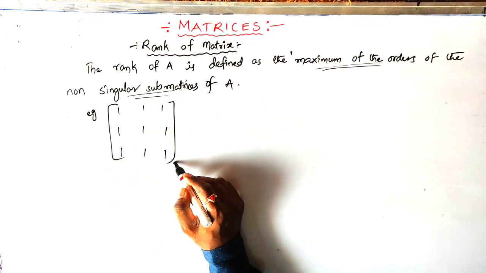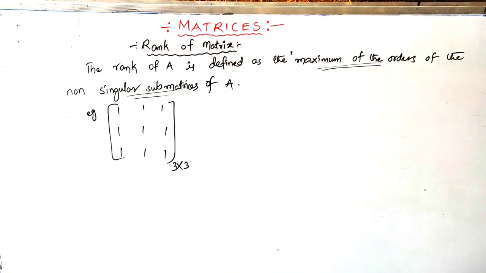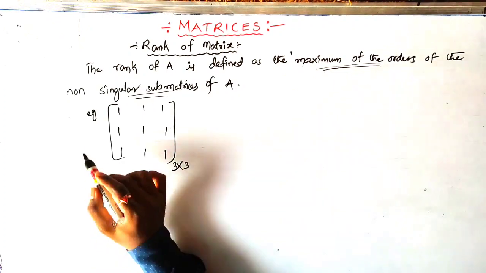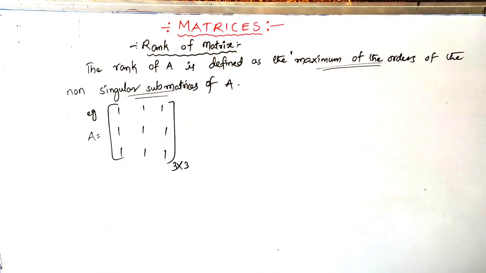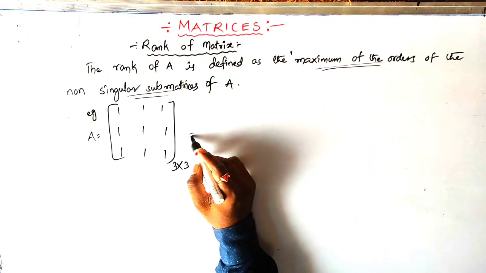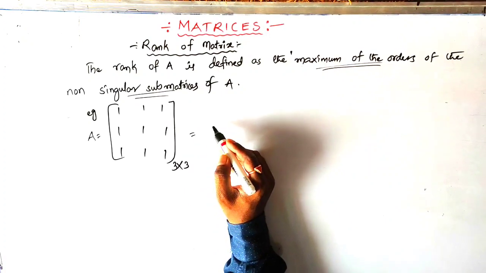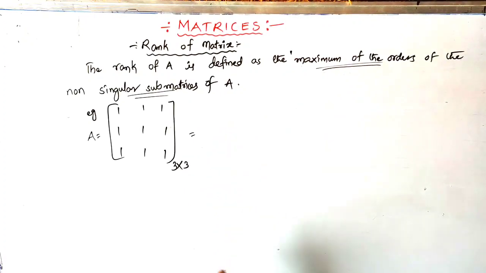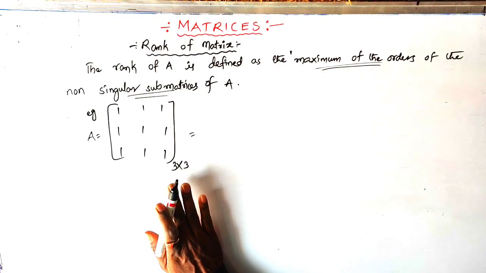Okay. So the most important one, this example: 1 1 1, 1 1 1, 1 1 1. So all ones are there. So the rank is also... how to find it here? Let us take A equal to this one. Determinant of A we find first of all. Why? Because in finding the rank, we need to know whether it is a non-singular or singular matrix. First of all we verify.